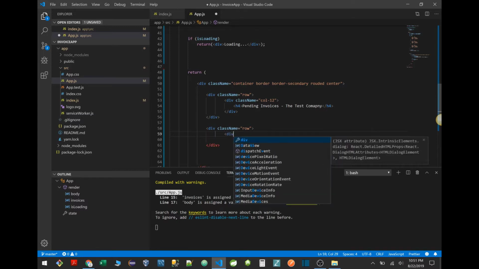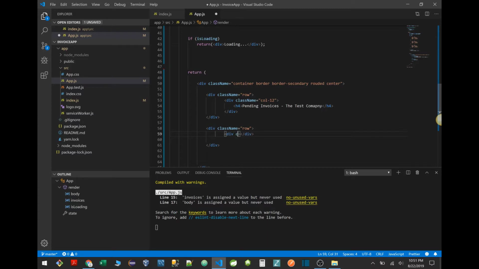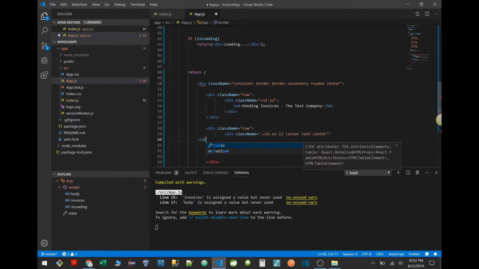So the second division that I'm going to have here, again, it's going to have a class name. You guys just learned this, and this is going to be dash column dash. I'm going to use the XSmall gridding system, and I'm going to center this guy, and I'm going to say text-center, again from Bootstrap. So I'm going to create a table,